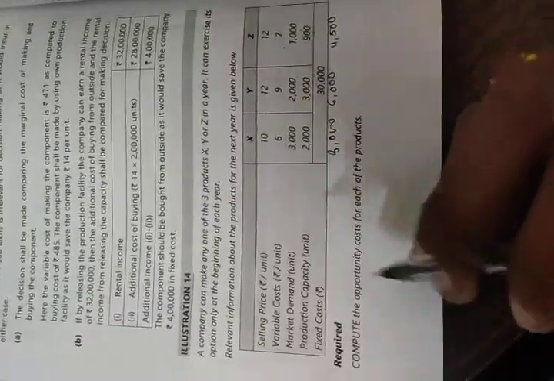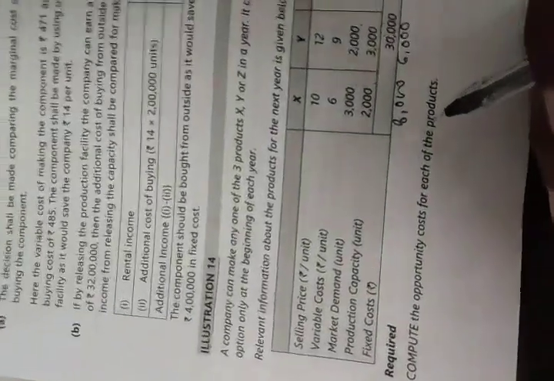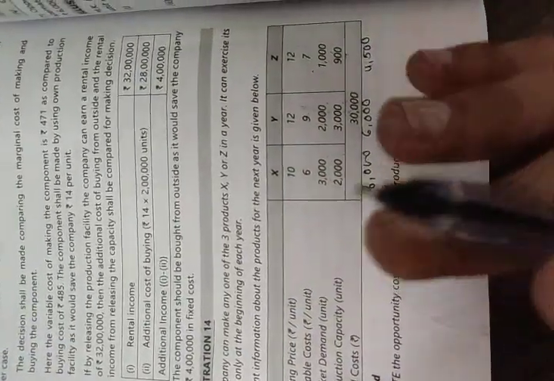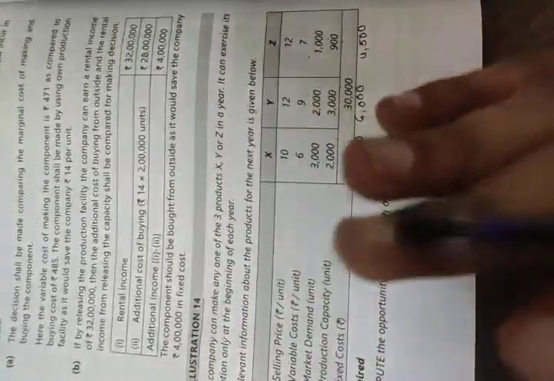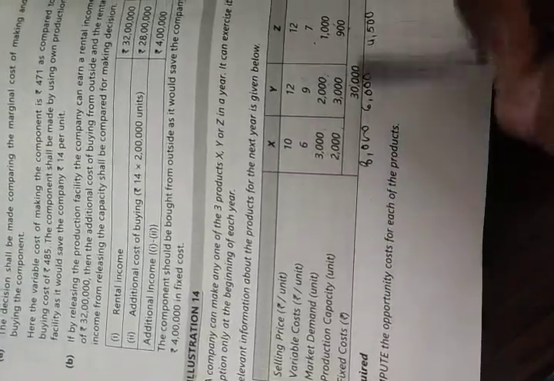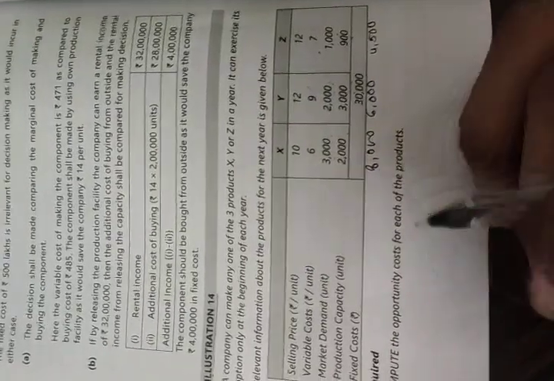Now, if anybody has a question why the fixed costs are not taken into consideration, it is because the fixed cost is not relevant to discuss here. We can only talk about the contribution, because this fixed cost is common for each of these three products. Then why would we consider this fixed cost when we are making a decision about what product should be manufactured? I think that is clear.